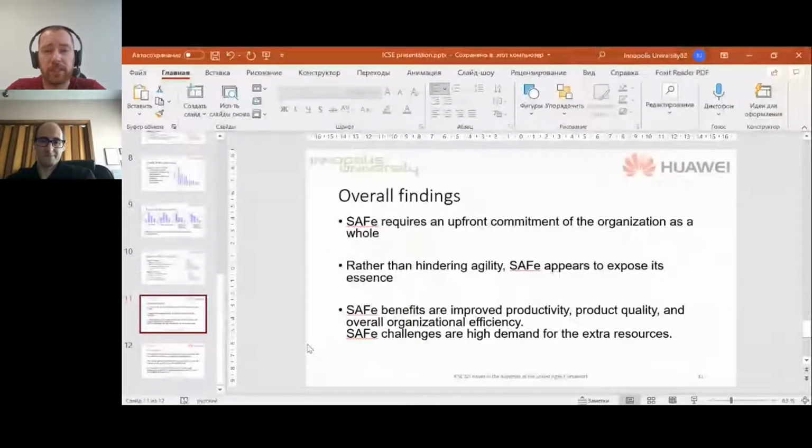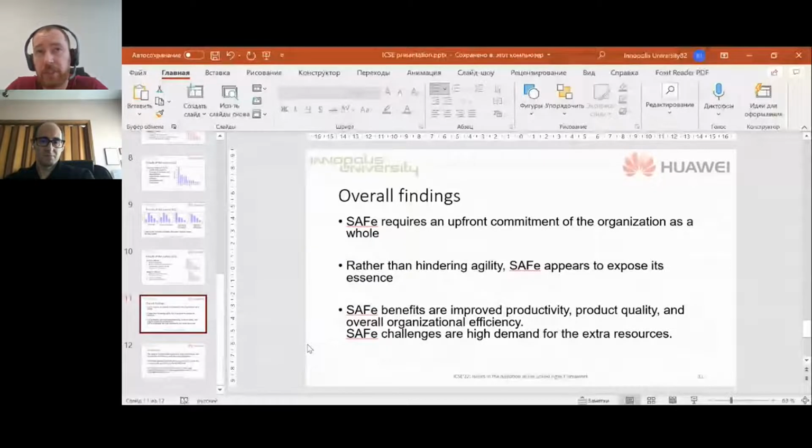It's much more complex than a waterfallish, hierarchical culture. So that is why the result shows that indeed SAFe is agile and it exposes agile practices and behavior in the companies. And the benefits and drawbacks of SAFe, also a result of the multivocal literature review, were approved by the survey.